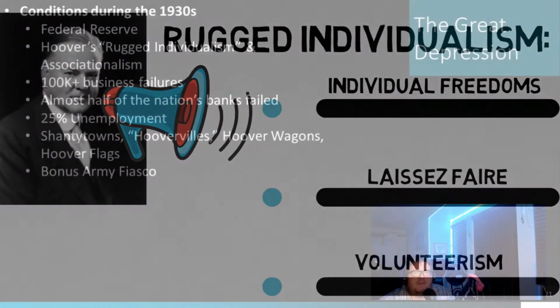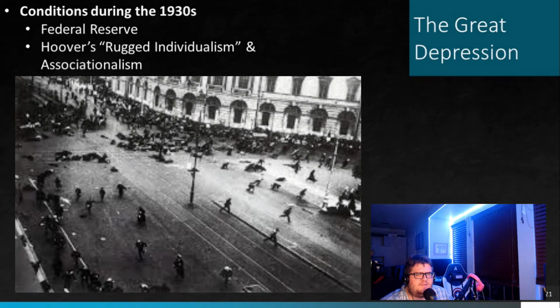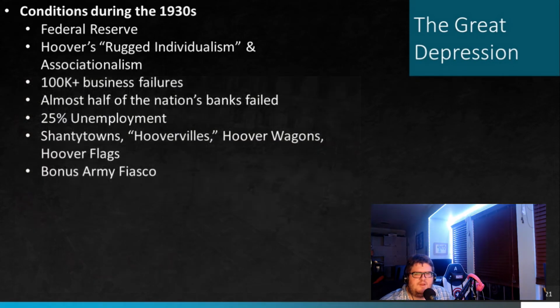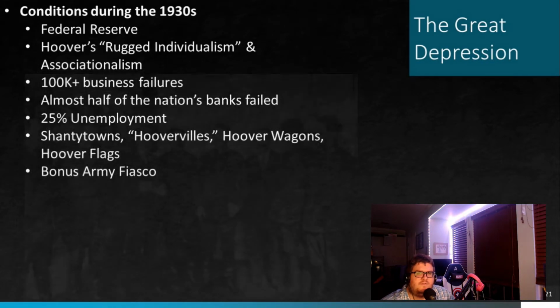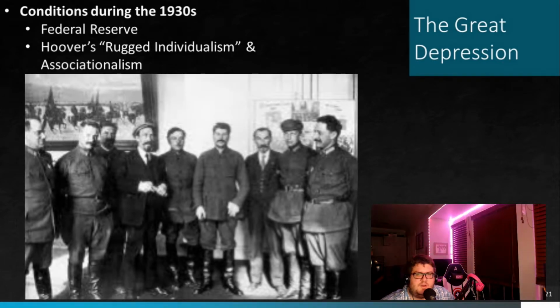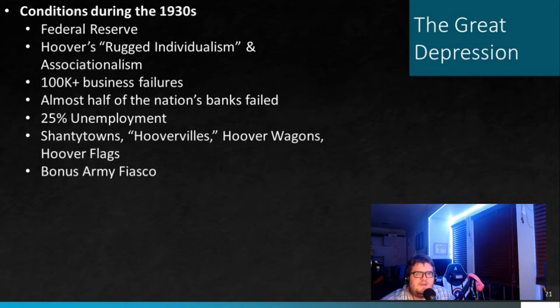What he's looking at is that these countries are centralizing their government. They're embracing state socialism. They're embracing doctrines that are opposed to those of the American core values of figuring things out, and anyone can be successful if they work hard enough, and other motifs like that. So he looks at the other system and he says that part of his rugged individualism, and what most Americans like and should embrace, is this idea that you can do whatever you need to as long as government stays out of the way.